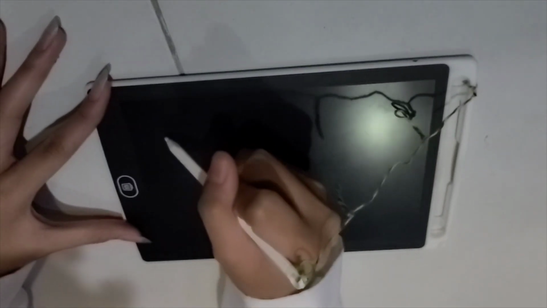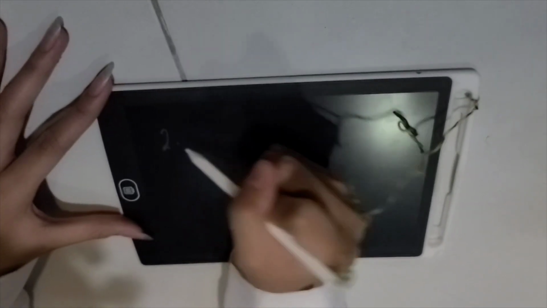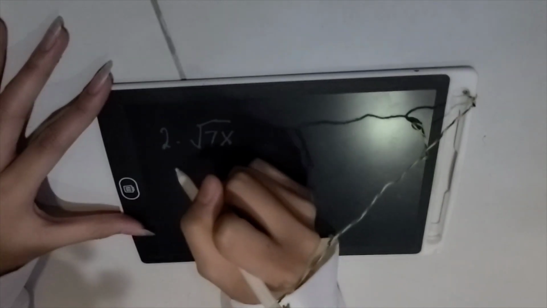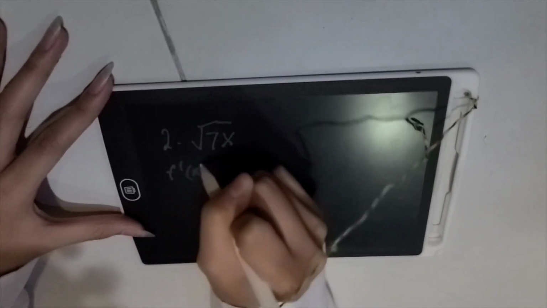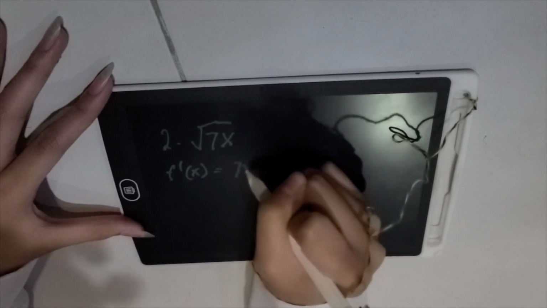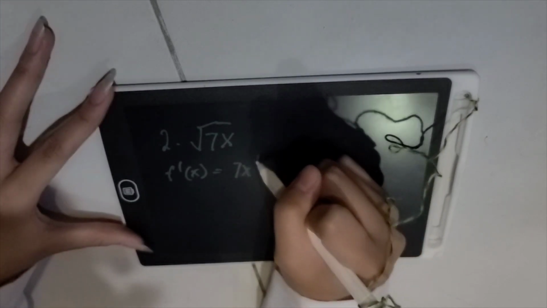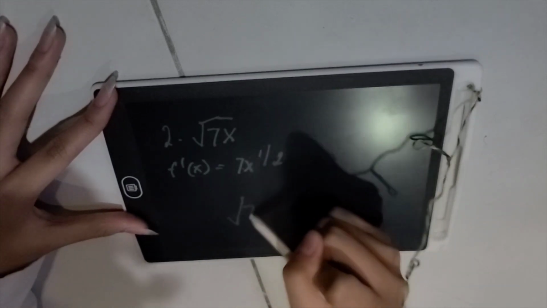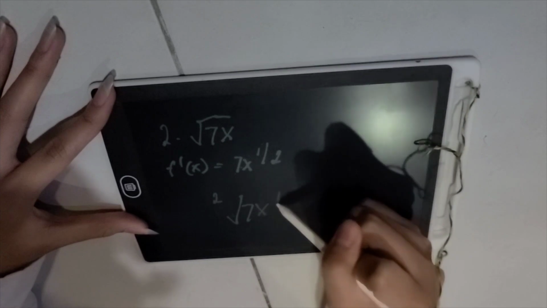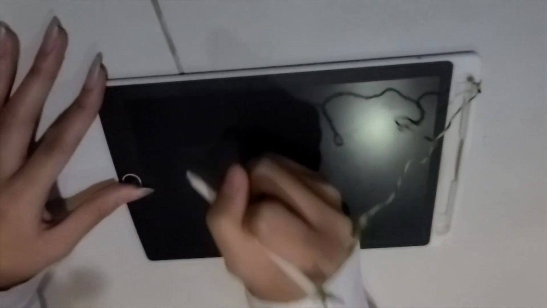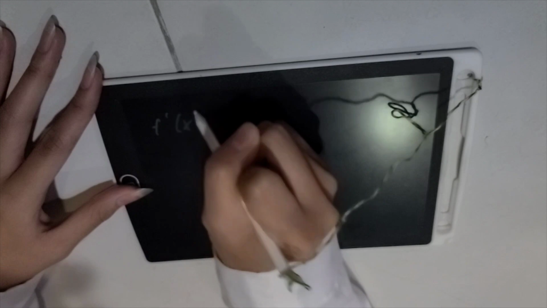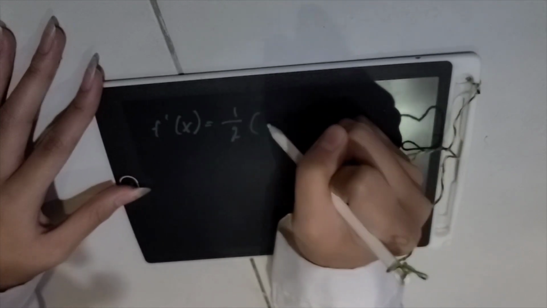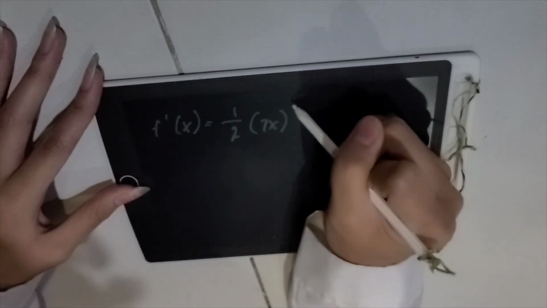Our last equation for power rule is square root of 7x, f of x equals 7x raised to 1/2. So, paano nakuha yung 1/2? Radical 7x, dito yung 2, and dito yung 1. Then, f of x equals to 1/2, and lipat yung 7x dito raised to 1/2